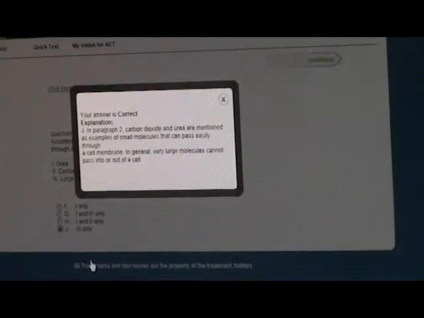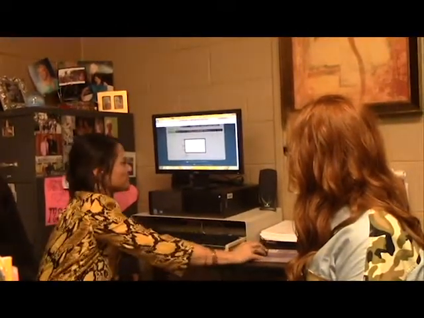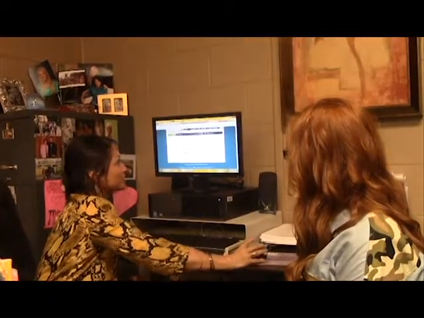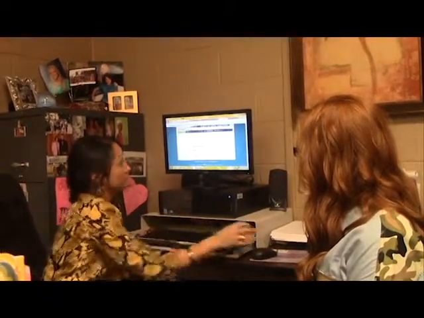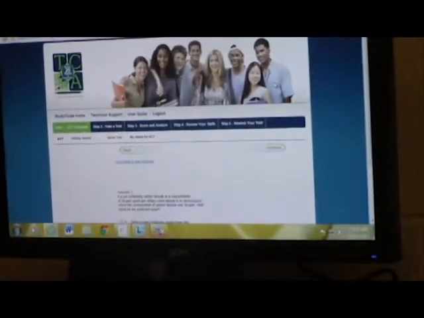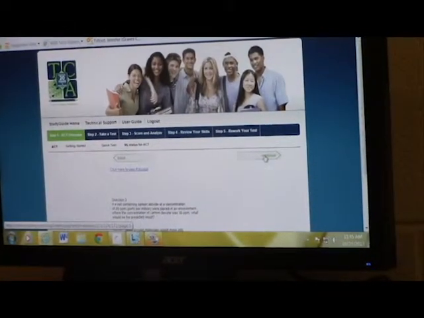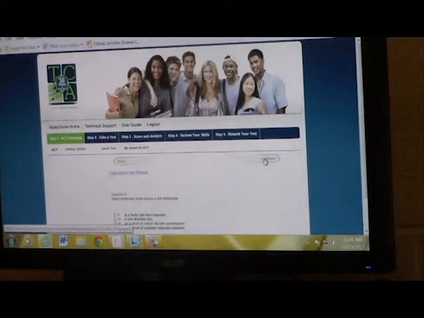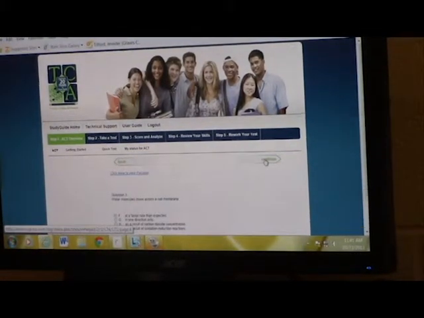Your answer is correct, okay? So Macy's like, yes, she is right because, and it explains why. And so now she's feeling a little bit better about inducing principles, which would have a huge effect on her score. So she's going to keep clicking continue, and it's going to continue to give her sample questions until she gets finished with that, which I won't sit here and show you the whole process,